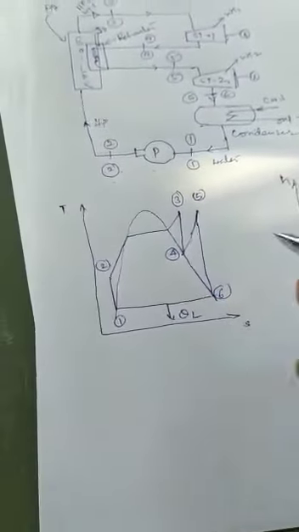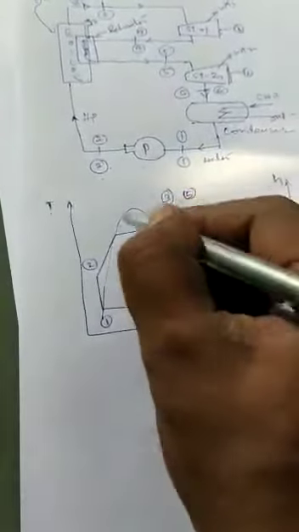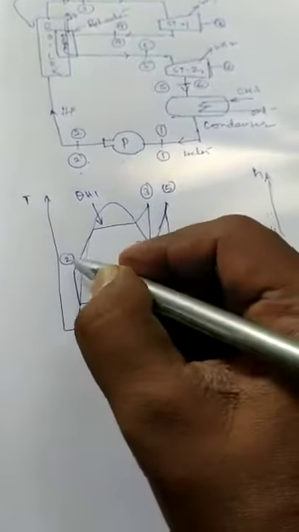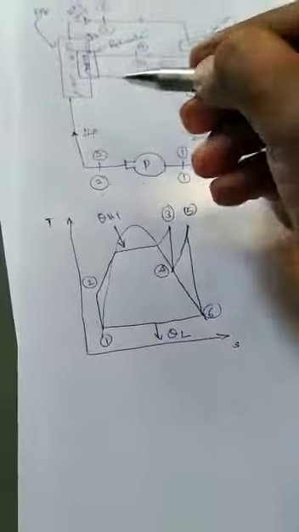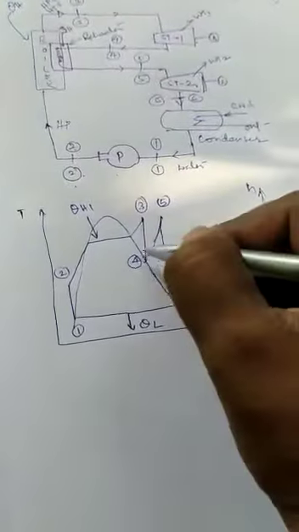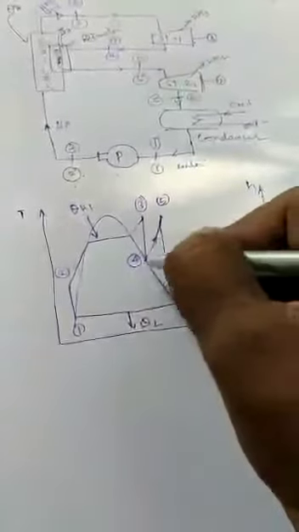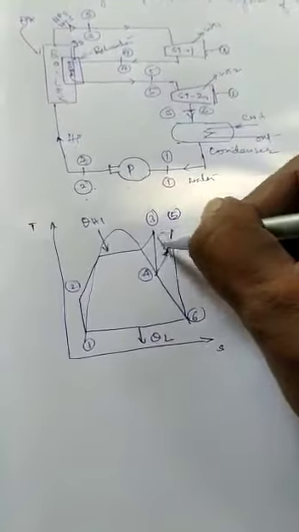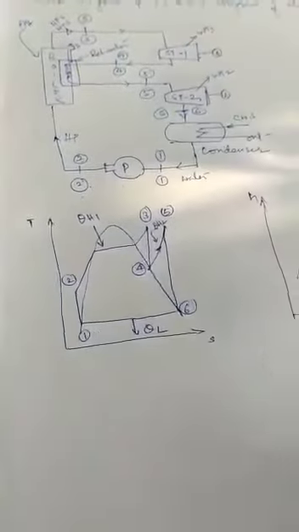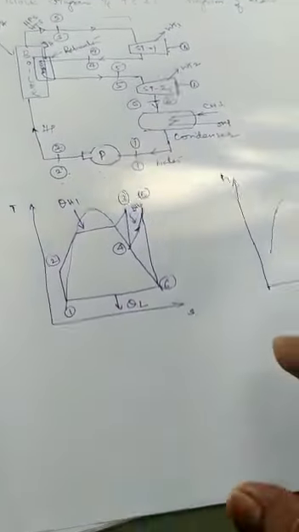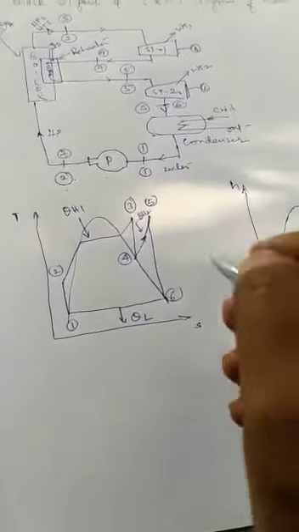So all of you concentrate, observe that here we are adding QH1 amount of heat during the 2 to 3 process. 2 to 3 process is what? This is the boiling process. Next, we are adding external source of energy during the process 4 to 5. 4 to 5 is the reheater. Here also we are adding QH2. So QH1 and QH2 is the total amount of heat added during this Rankine cycle with reheat.